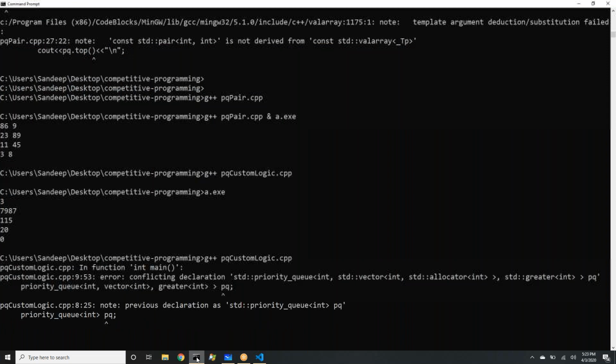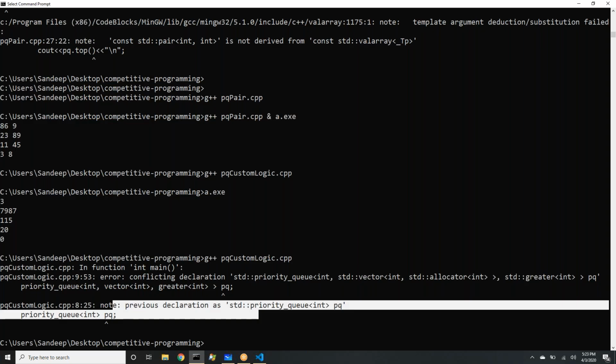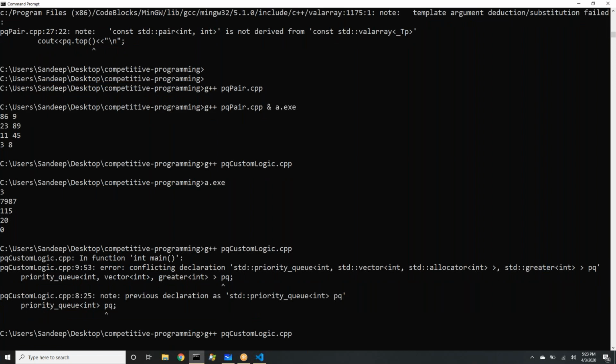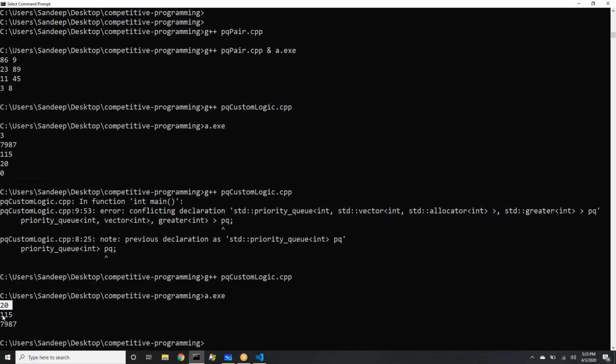Okay, two declarations came. I just wanted to comment out the previous one and leave the next one, otherwise I'm redeclaring the same variable. Let's run. This time you see the minimum element comes out first, then the next higher, and so on.